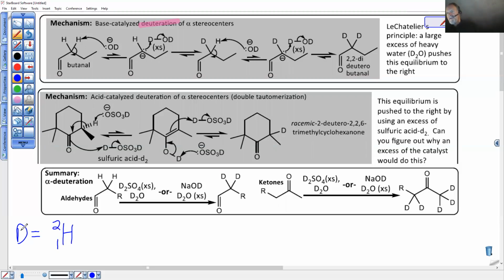And that's deuterium. The book does discuss how replacing a hydrogen with deuterium affects reaction rates. And this is how mechanisms are studied in research. I will never test you on that, although it's very interesting. It's more of an intermediate level organic chemistry discussion. But we are responsible for this mechanism because it's the same as the mechanism we saw on the previous page, except we're using